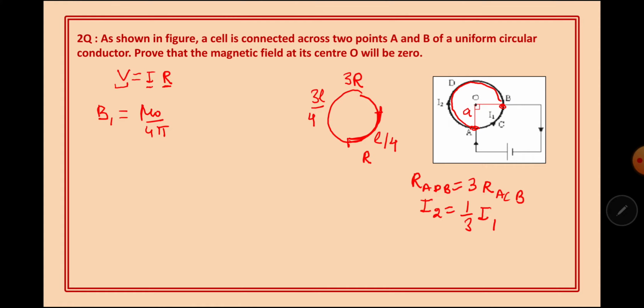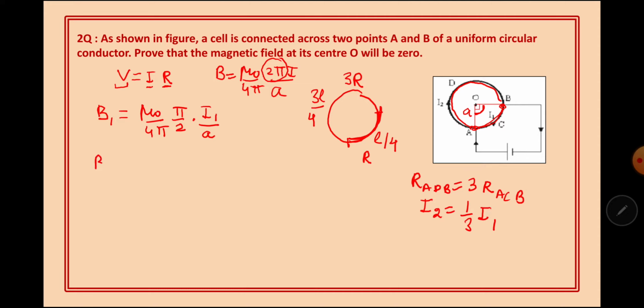for the complete circle, the formula was B is equal to mu naught upon 4 pi, 2 pi I upon radius. So 2 pi will be used if we have a complete circle, and if the circle is incomplete, then whatever is the remaining angle there inside, that angle we can use instead of 2 pi. So here for this smaller part, the angle at the center of the circular portion is equal to pi by 2, and angle we have to use in radian here. So instead of 2 pi, I will use pi by 2, and here current is I1 divided by radius, which I have assumed to be A.